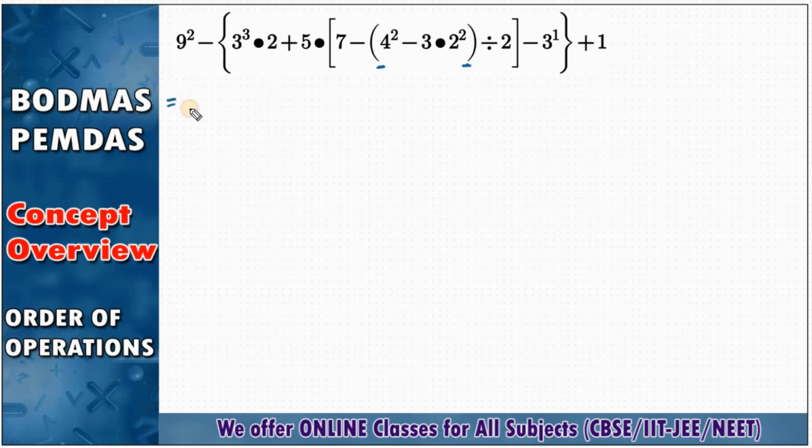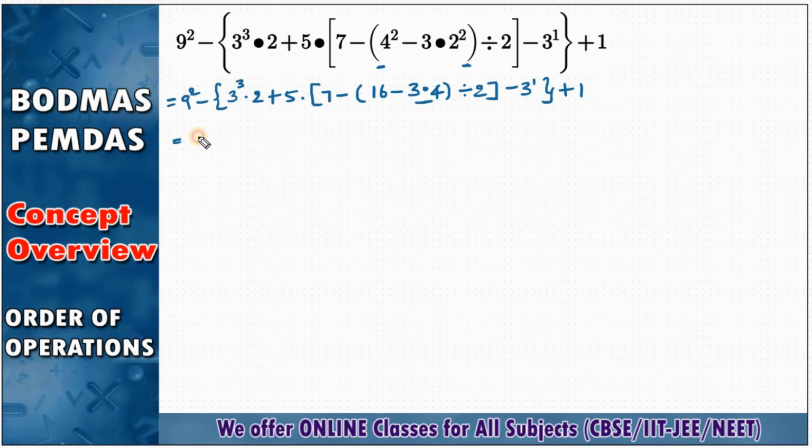So let me start. 9 square minus bracket of 3 cube times 2 plus 5 times bracket of 7 minus 4 square, value is 16, minus 3 times 2 square, value is 4, and then bracket close, write the remaining, divided by 2, bracket close, minus 3 to the power of 1, bracket plus 1. So 16 minus, here this operation is multiplication, 3 times 4 is 12. So remaining as it is,